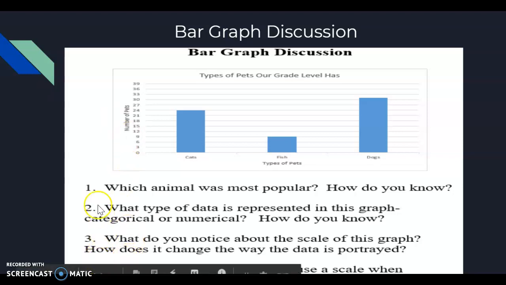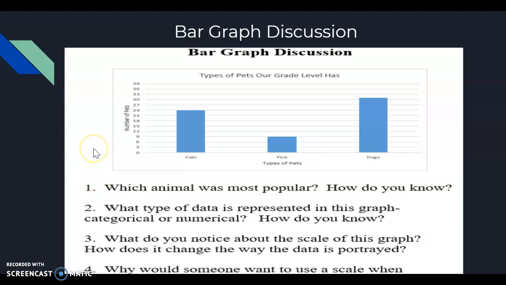So number 4, again, why would someone use a scale when creating a graph? Their answer could be that their data may not fit on the actual graph, and the data is actually large numbers. So you have to actually break it down like this into scale, to small categories. Because if you went by ones each time, where would 39 end up being? It'd be